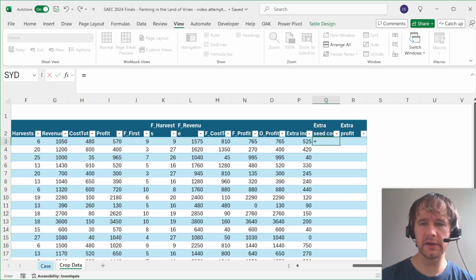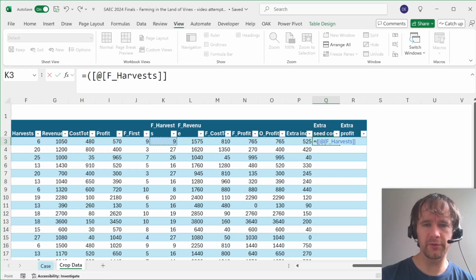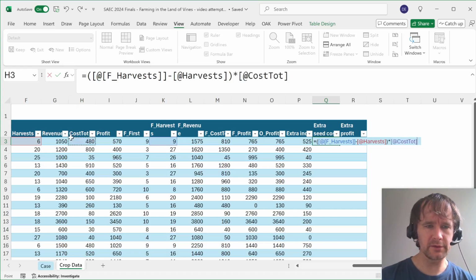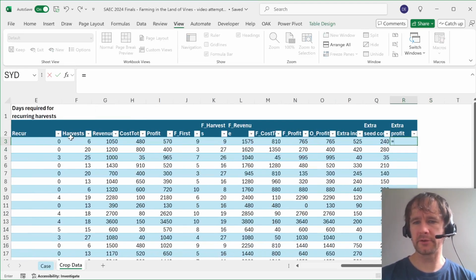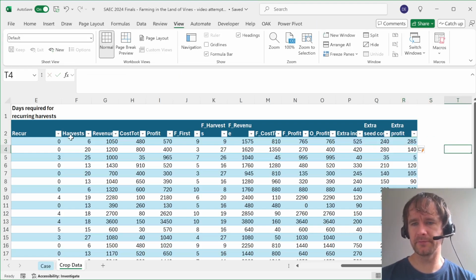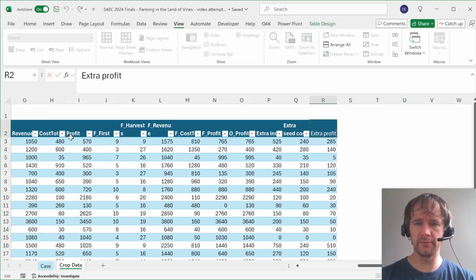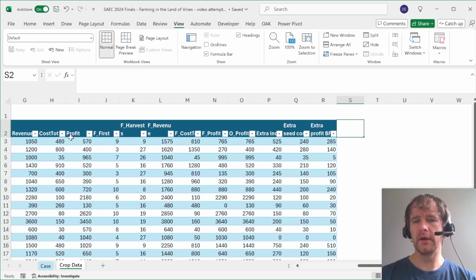The extra seed cost is going to be the extra number of harvests, so the fertilizer harvests minus the regular harvests, times the seed cost. Let's just do it. There it is. So then the extra profit is this minus this. That's obviously before fertilizer. So then